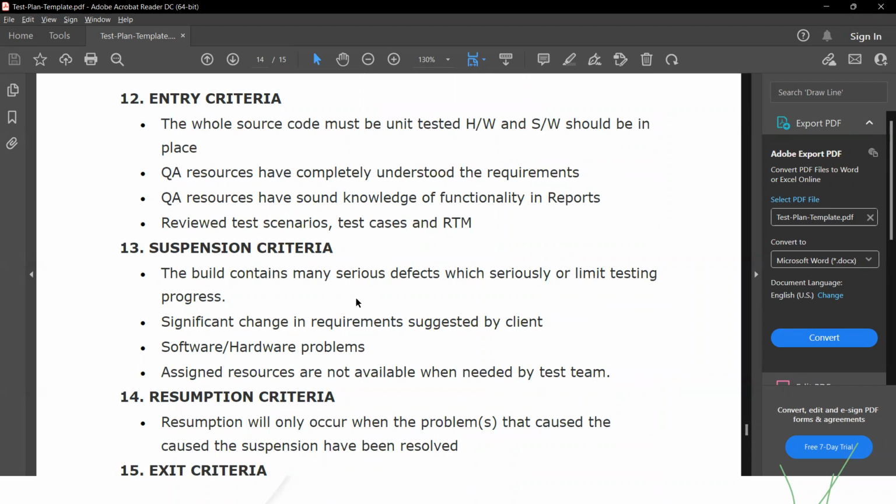Suspension means when do you stop? Okay, the build contains many serious defects, so we can't go for live. Okay, there are huge changes happening in the requirements. So today, the client said, okay, you have to